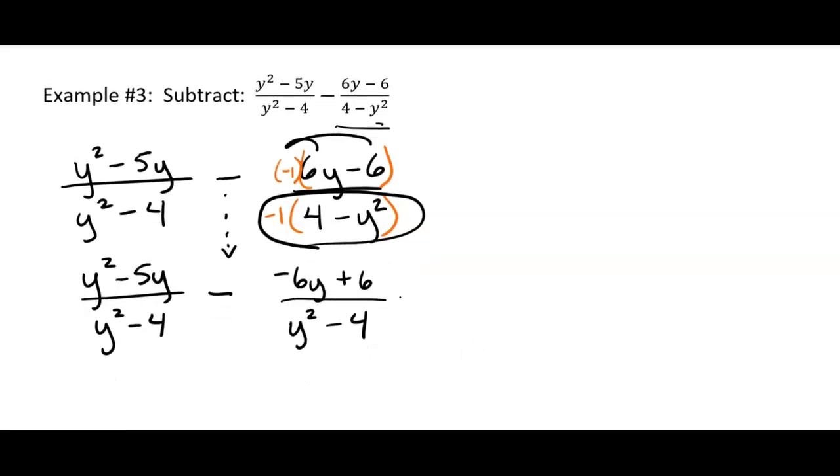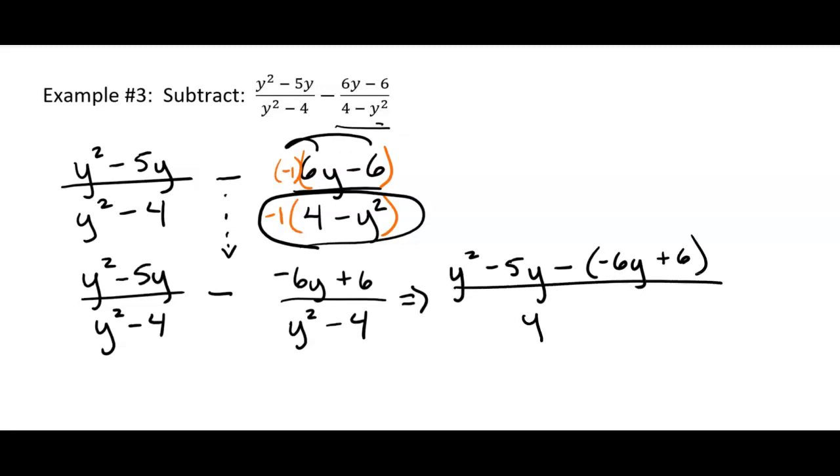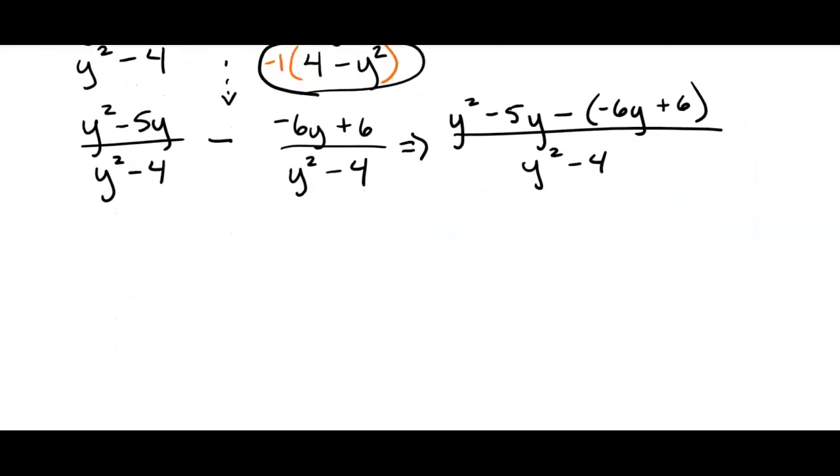Okay, so let me go over here. Now I can do the subtraction. Well, I have the first numerator, y squared minus 5y, minus the second numerator. And I'm going to write this out again so you can see it, all over y squared minus 4. These might take more paper than we're used to. Okay, in the numerator, y squared minus 5y, that's going to be plus 6y minus 6, because again, you have to distribute that minus sign there. So you're multiplying by -1.